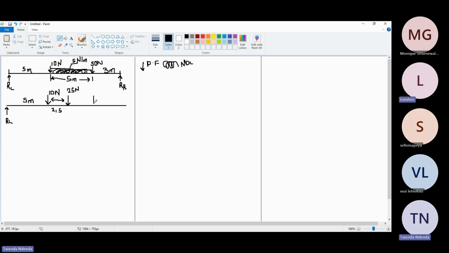And you're going to have another one, which is 50 here. And it's also going to be what? 2.5, and we are having 3 meters here, and we push it up like this to be what? R. Okay. Now, when you're having something like this, we are starting somewhere now. Now what we're going to do, we are going to do the same thing that we've been doing, taking moments